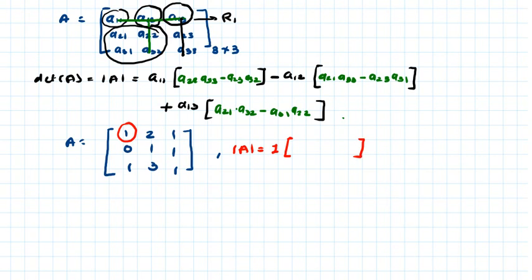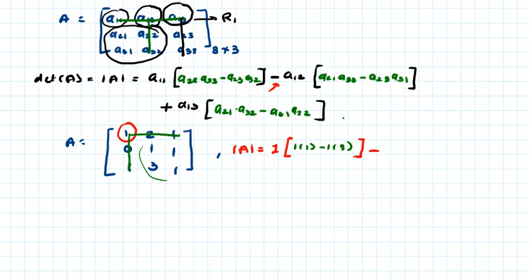Now hide the row and column where this element is present. So this will be your remaining submatrix. Find its determinant: that will be 1 into 1 minus 1 into 3. Then minus,